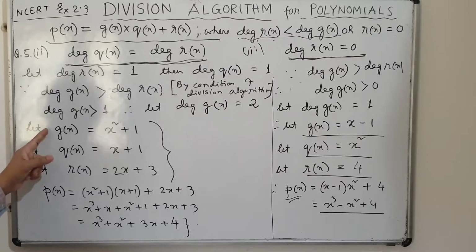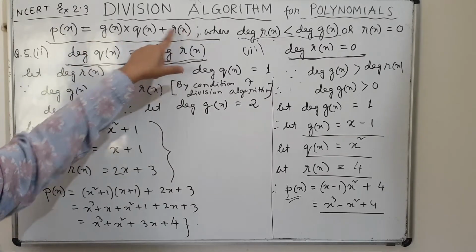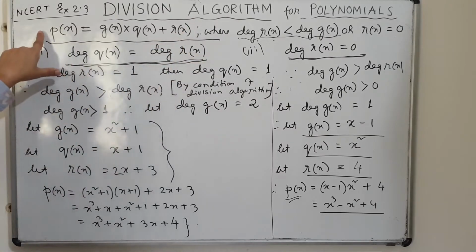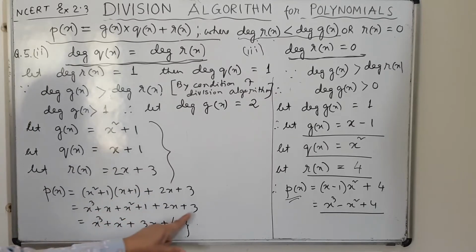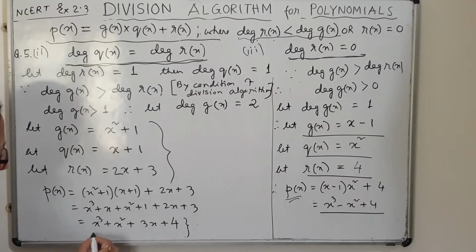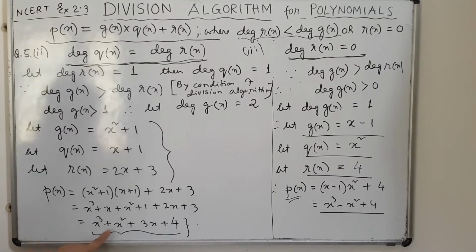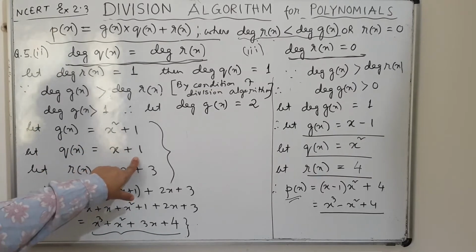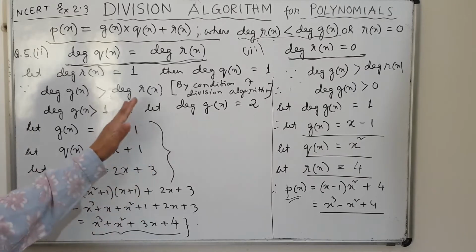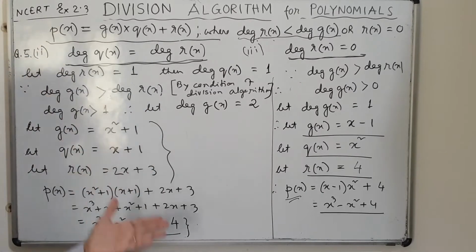So after I got g(x), q(x) and r(x), I can put them in the algorithm to get the last polynomial p(x), which is the dividend polynomial. So p(x) is equal to, just put the values of g(x) is this, q(x) is this, plus r(x). Then I have simplified and I got the simplified polynomial. This is a cubic one. So my answers will be p(x) is this cubic polynomial, g(x) is this quadratic polynomial, q(x) is this linear polynomial and r(x) is this 2x plus 3. So these will be the answers. So this is one set of examples. You can take a different set of examples.